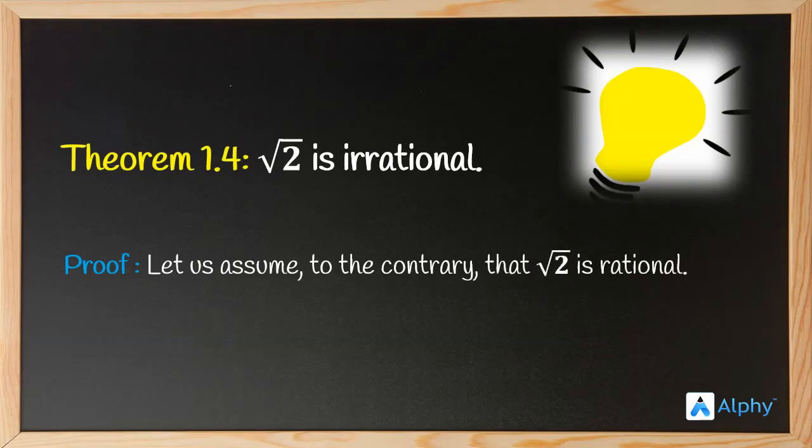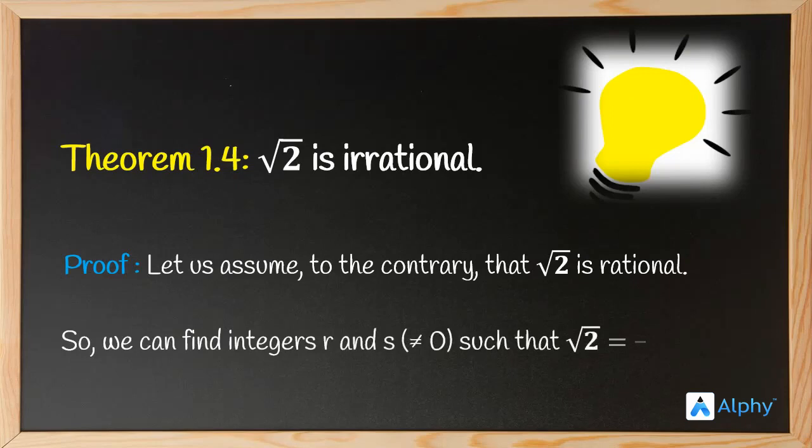So we have to prove that root 2 is irrational, but we are going to start by assuming that root 2 is a rational number. So from this we can find integers r and s not equal to 0 such that root 2 is equal to r by s. Now we can basically find two numbers r and s so that we can write root 2 in the form of p by q where q is not equal to 0. So moving on,